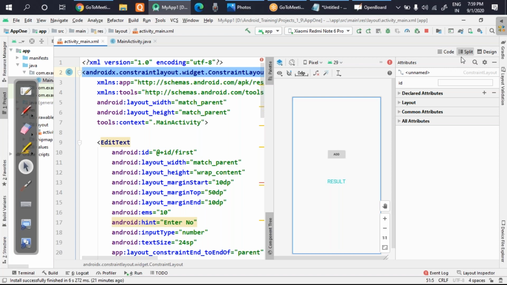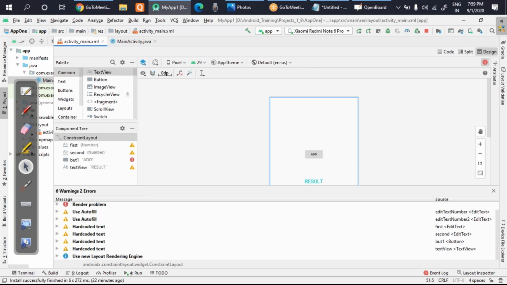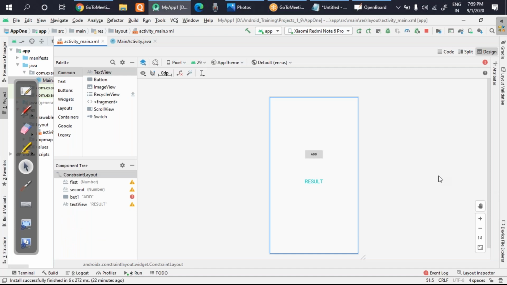With this, what we have done is we have created our front end design, and it is showing some red here. It should not show. Let's see what this red is. Some rendering issue is there. If this rendering issue is there, you don't have to worry, because this may come.